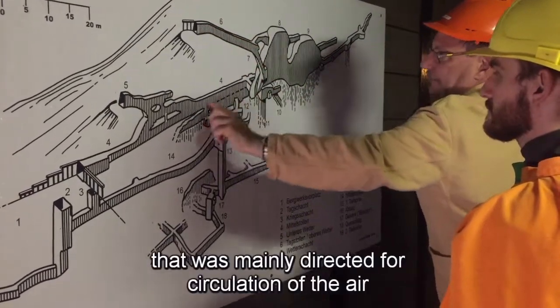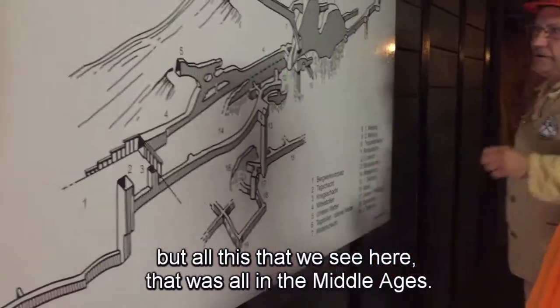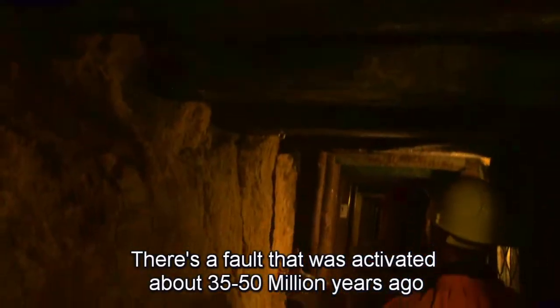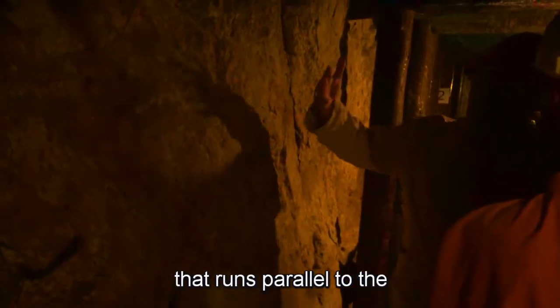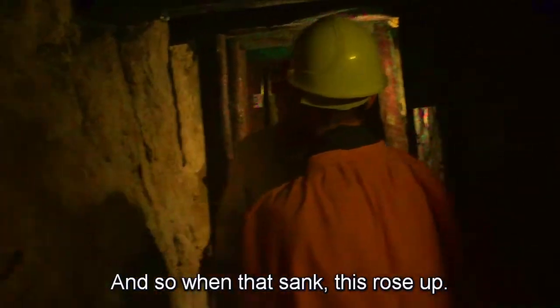That was mainly directed for circulation of the air, but all this that we see here, that was all in the Middle Ages. There's a fault that was activated about 35, 50 million years ago that runs parallel to the Rheingraben. The Rheingraben is this big structure like Death Valley. Yeah. And so it sank about 10,000 feet. And so when that sank, this rose up. And as it rose up,